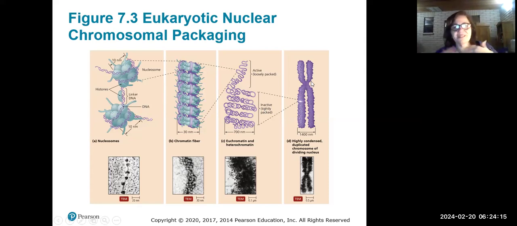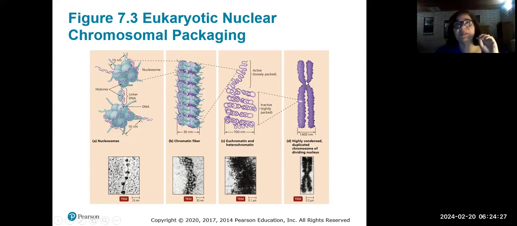When it's time for the cell to reproduce, it bunches up all the DNA so that it doesn't lose any parts when it's time for everything to separate. Most of the time, the chromosomes do not actually look like this. This is what they look like when we take the pictures, when the chromosomes look like this so that we can see them more easily.